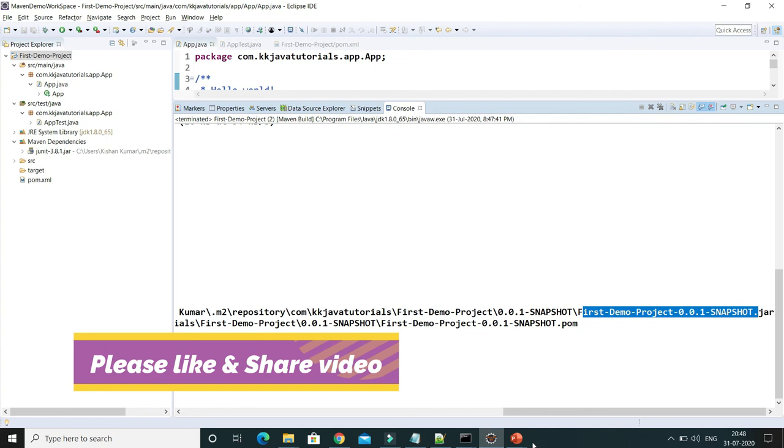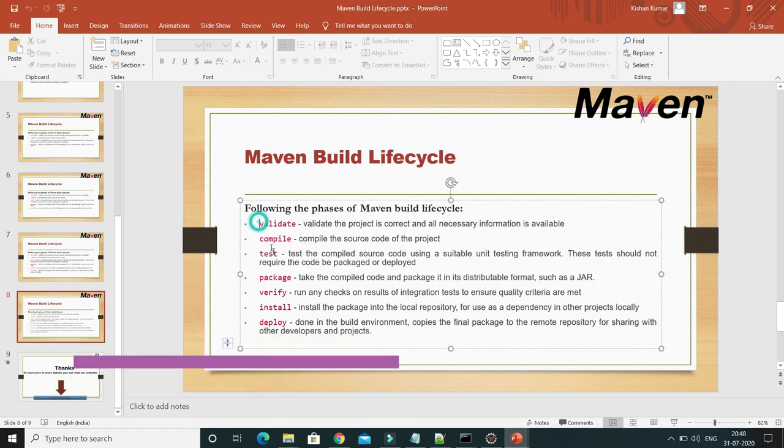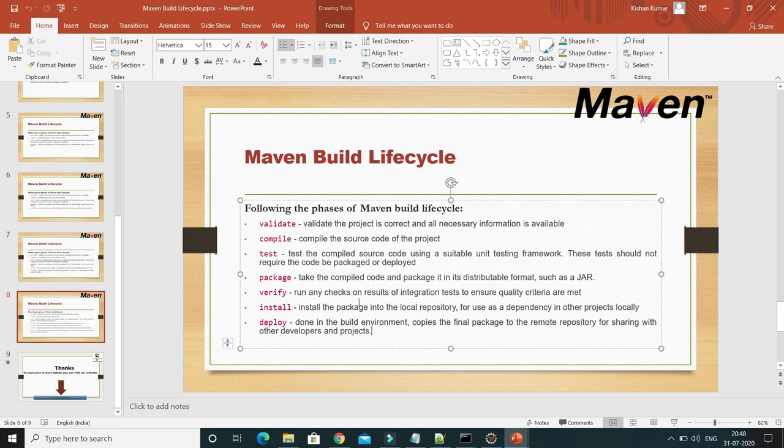So guys, you should understand the Maven life cycle. When we talk about the Maven build life cycle, there are various life cycles, but a few things you have to keep in mind. When I run compile, the previous life cycle will be executed automatically. When I run test, the previous two life cycles, validate and compile, will run automatically, and then the test life cycle will run. If I do package, then all three previous life cycles will run automatically. Similarly, if I run the install life cycle, all the previous life cycles will be executed automatically.